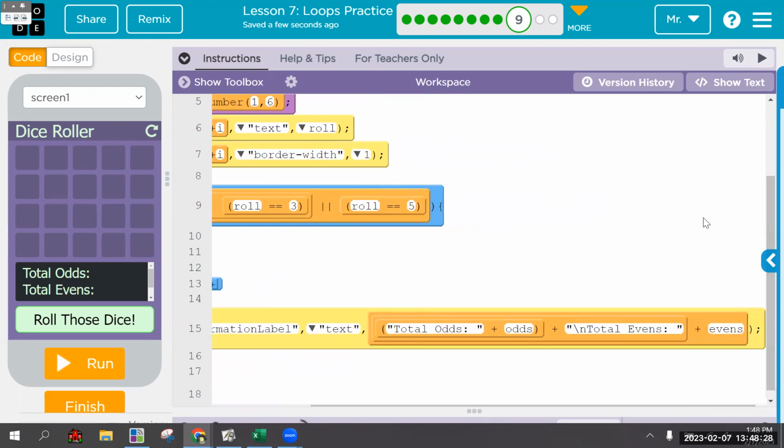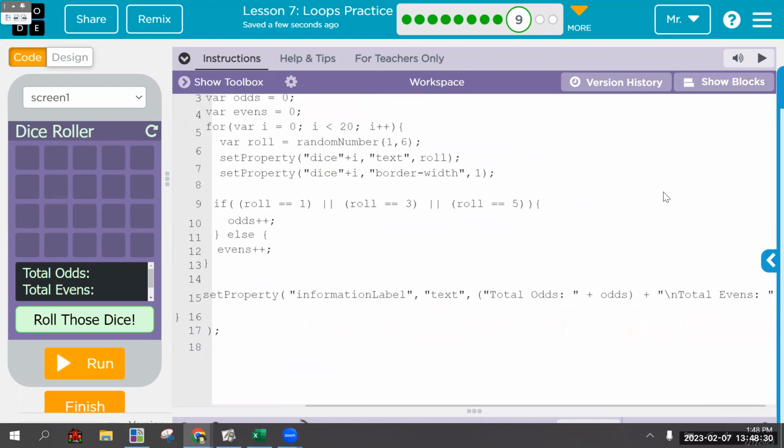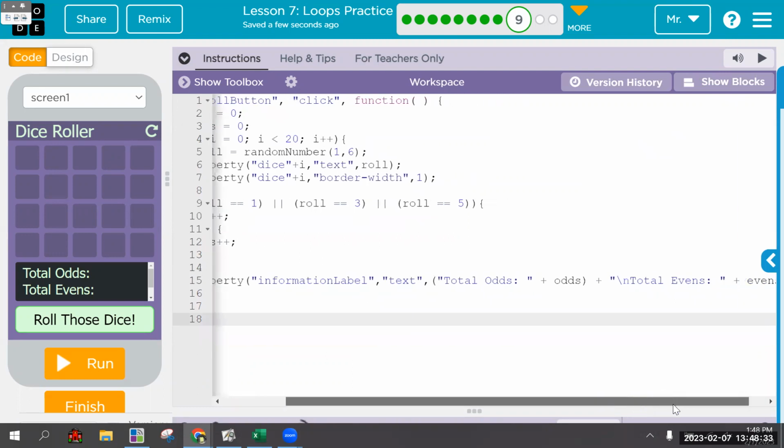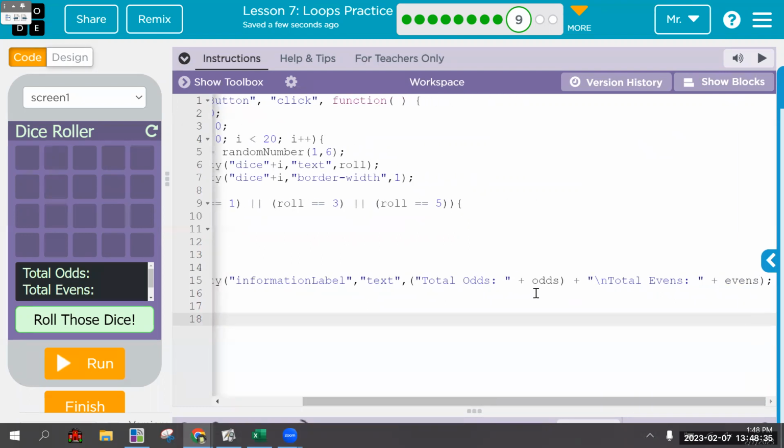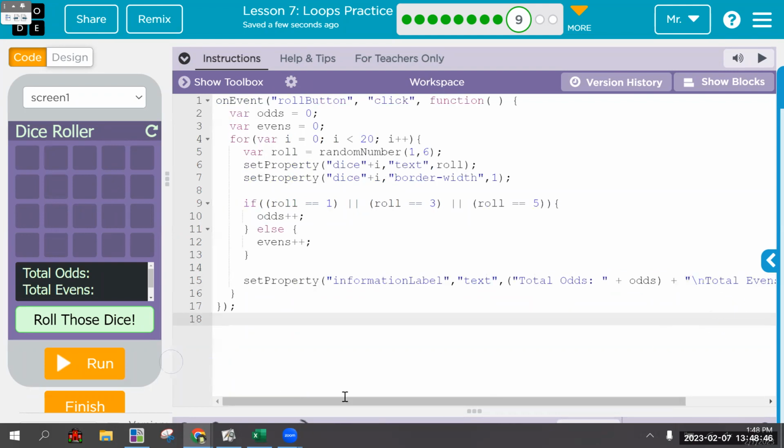I'll show you in text mode, it'll be a little easier. That is the concatenation that we want. We are concatenating the phrase total odds, then the value of odds, followed by new line command total evens, followed by the variable evens. So we should be able to